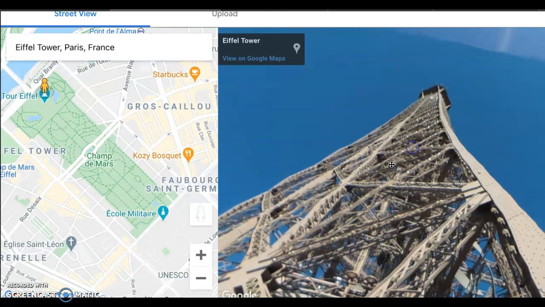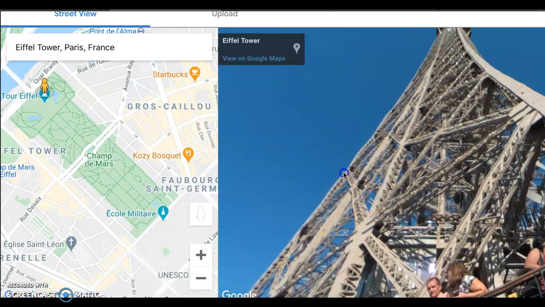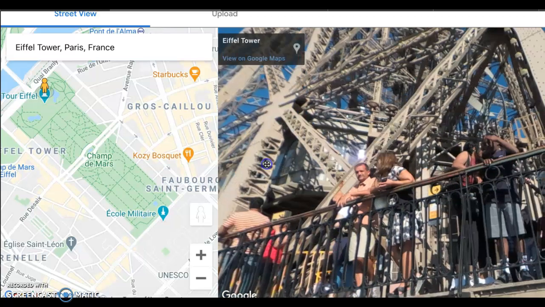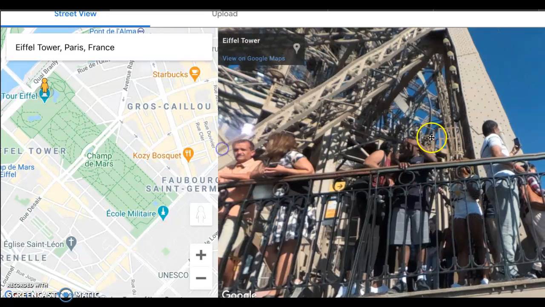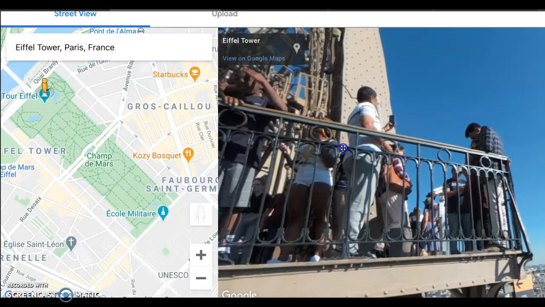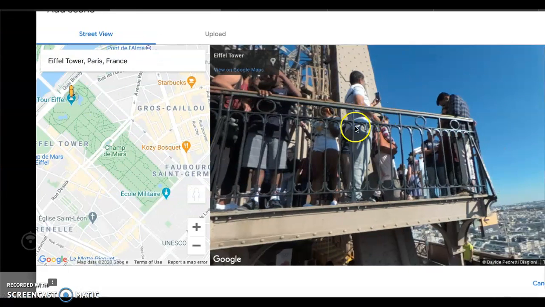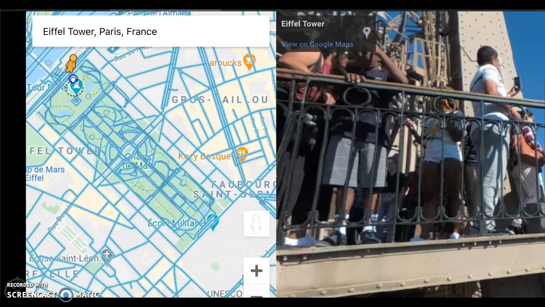Now let's see where I'm at. So now I can see that I'm right near kind of where all the people are that are standing on top of the Eiffel Tower. So you can kind of move and adjust that, and you can keep trying to zoom in or move him around to where